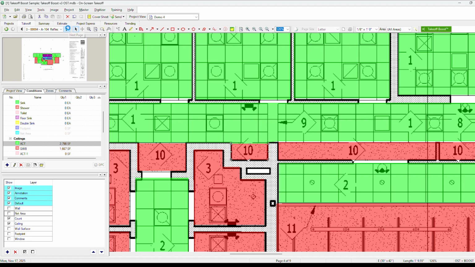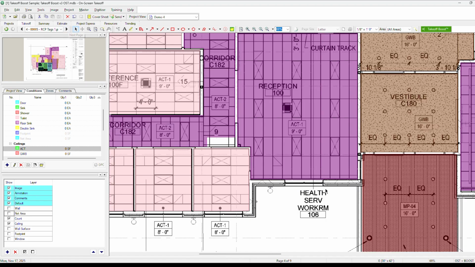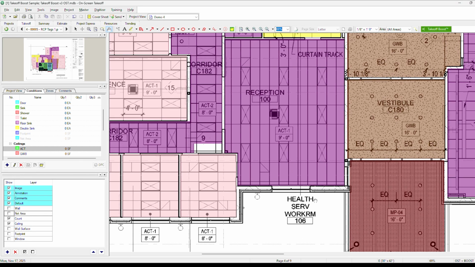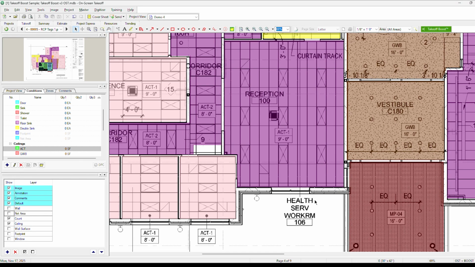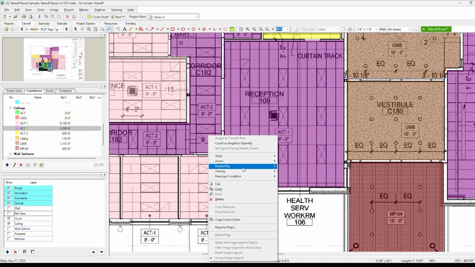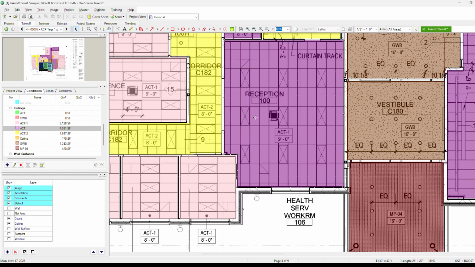Now going really quickly over to the next ceiling plan, so you can just see how a little bit of this works with the ceiling types. We've got our ACT type 1 here, so it's assigned all those, the ACT 1, MPO4, gypsum board, and then you can adjust the results really quickly here. And for whatever reason, it didn't capture this ACT 2, so we can just, again, go in here really easily, assign that over to ACT 2. Same thing for this one, we can reassign that to ACT 1. And it's just a very, very fast and effective way to work with those results.